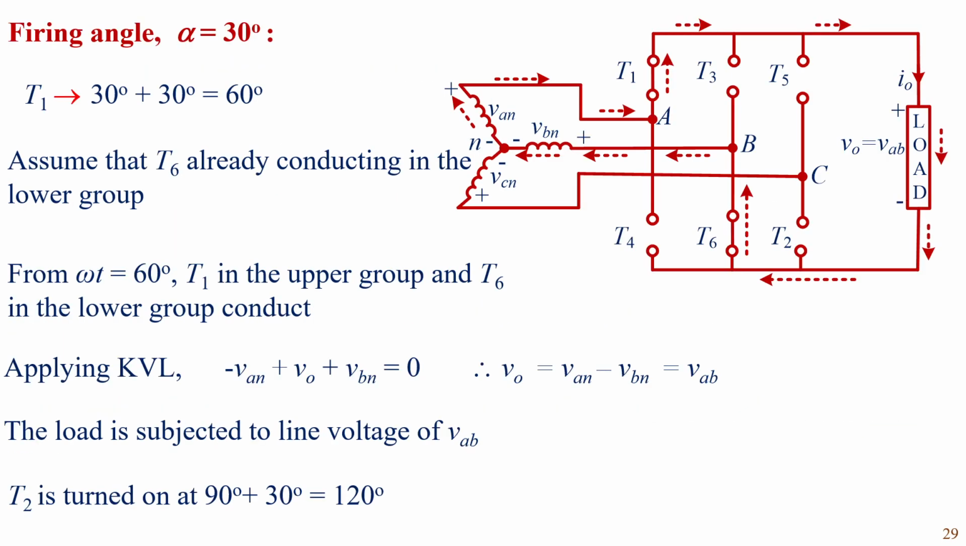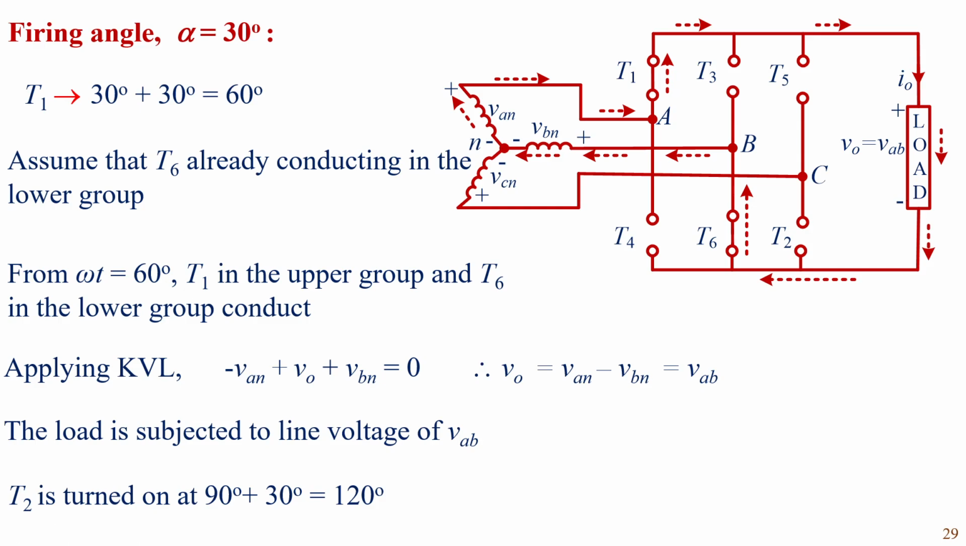Let us analyze the circuit operation by taking alpha equals 30 degrees. T1 is fired at 30 plus alpha. So for alpha equals 30 degrees, T1 is turned on at 60 degrees. Let us assume that T6 is already in conduction. So from omega t equals 60 degrees, T1 in the upper group and T6 in the lower group conduct,